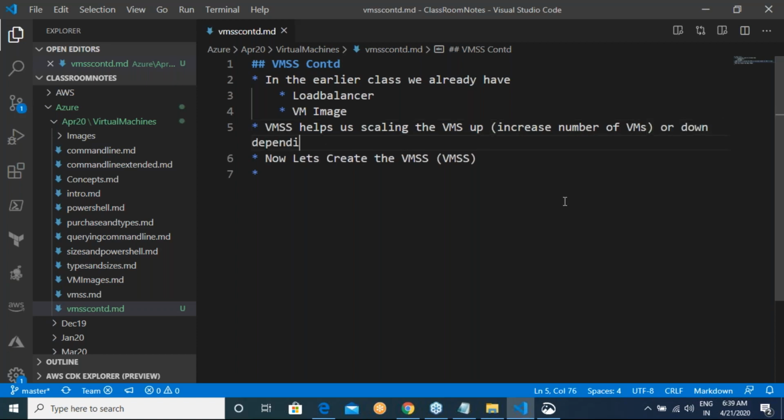Depending on metrics like CPU utilization or RAM, you can go on and on. You can define your custom metrics also.